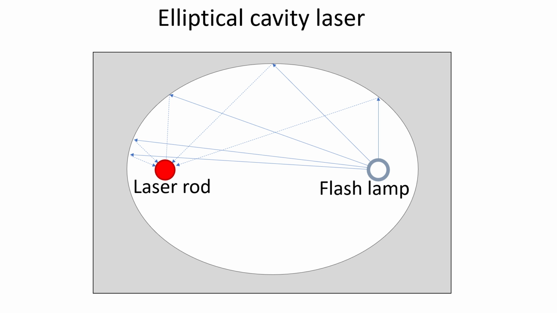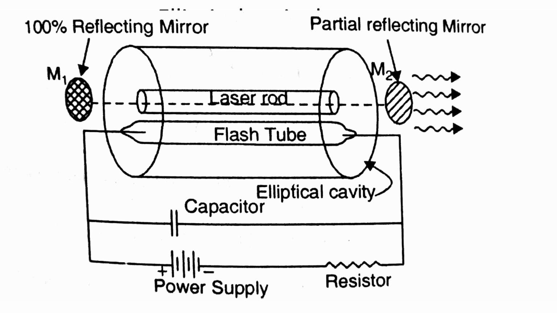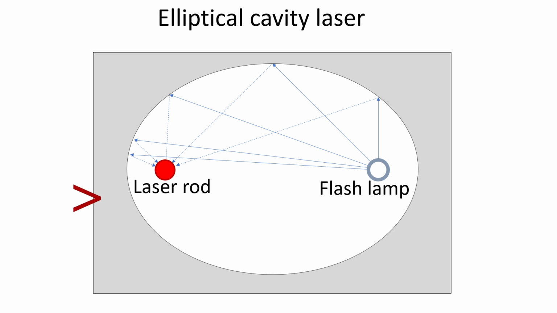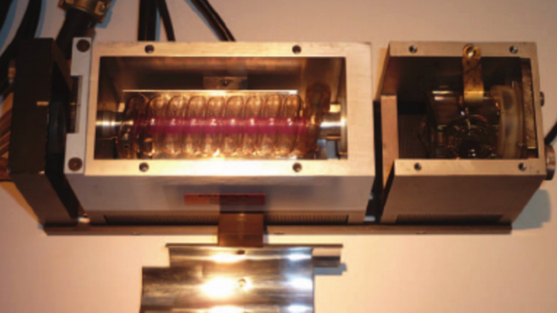By the way, there are applications where a full elliptical shape is used to transfer light from one point to the other, and that's for example in the construction of certain laser cavities. Here we have a linear flash lamp located in one of the focal points and a laser rod in the other one. And this allows you to get all the light from the flash lamp efficiently into the laser rod. Now this configuration is actually way more efficient than just placing a laser rod inside a spiral flash lamp tube.